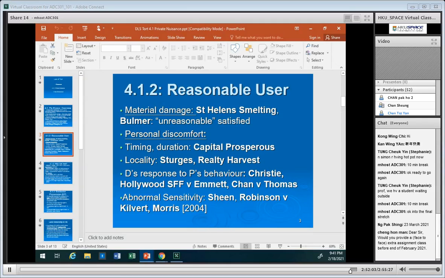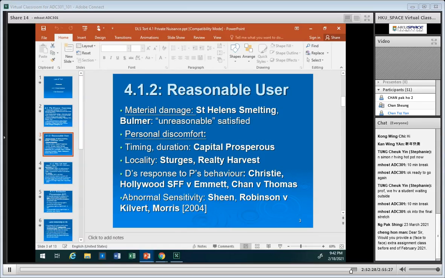But that extra heat would not have affected ordinary paper. And so this was not unreasonable interference, because ordinary paper would not have been affected by the heat. The fact that it was heat-sensitive paper, bad luck, you're abnormally sensitive, and so that was not unreasonable interference in